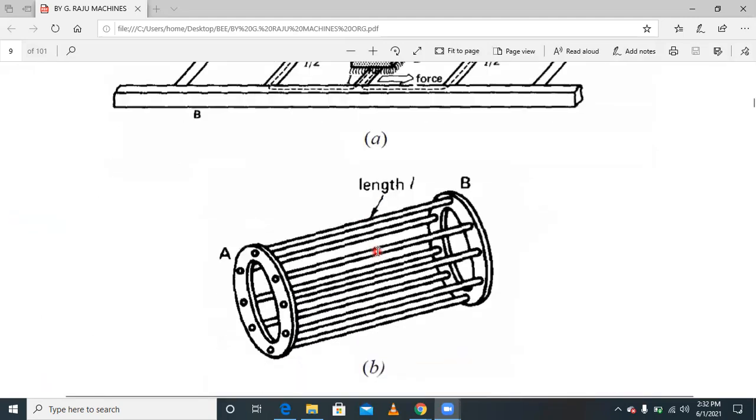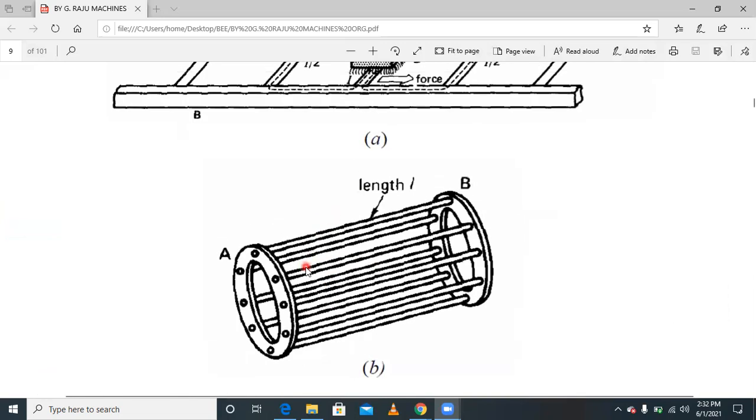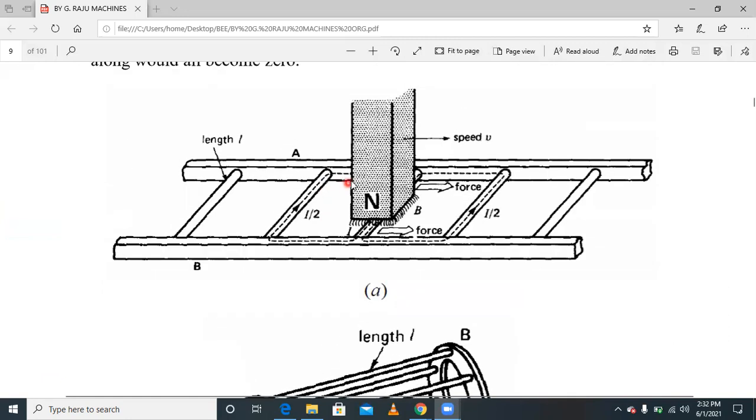If it is bars, the EMF induced in the bars and also the current flowing through the bars reduce if the relative speed between the stator rotating magnetic field and the rotor is less. If the relative speed between these two is high, the stator rotating magnetic field acts strongly on this rotor. So what happens? When the relative speed is more, the magnetic flux density is also more, and then the induced EMF is more, and the current is also more.